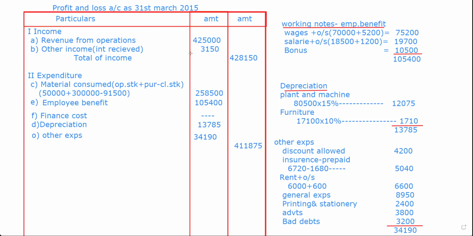I have got it. So this is, I have got my total of income, which is this one, income, expenditure. And here I have got my total of expenditure. Now, better if you can find it out, please find out the difference between the two things. Total of expenditure. So total of expenditure, I have got it. So from this total of expenditure, I am going to deduct my total of income. So my third heading, I am going to get it here. So my third heading is going to be